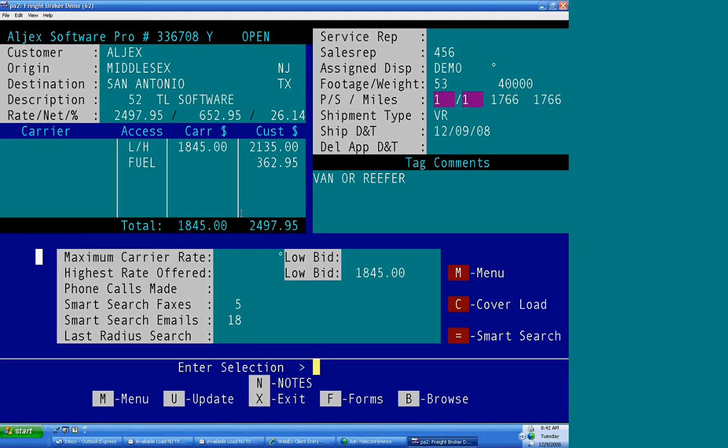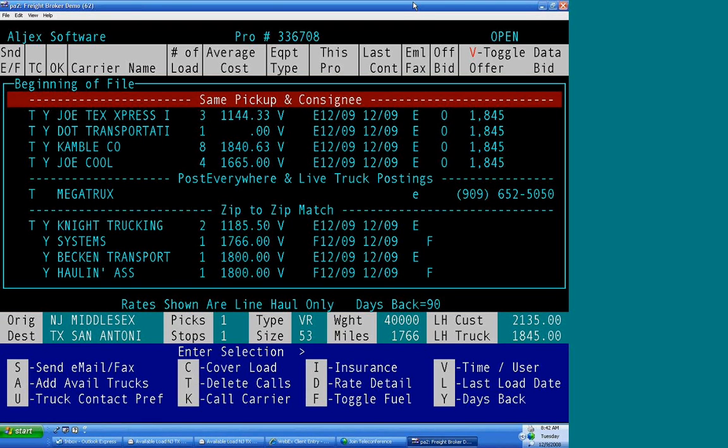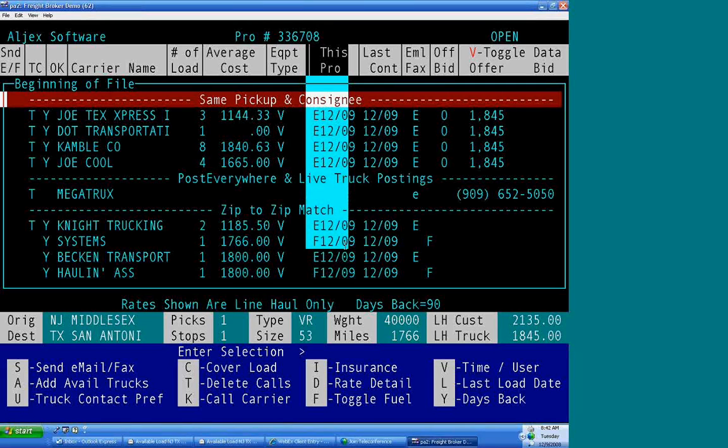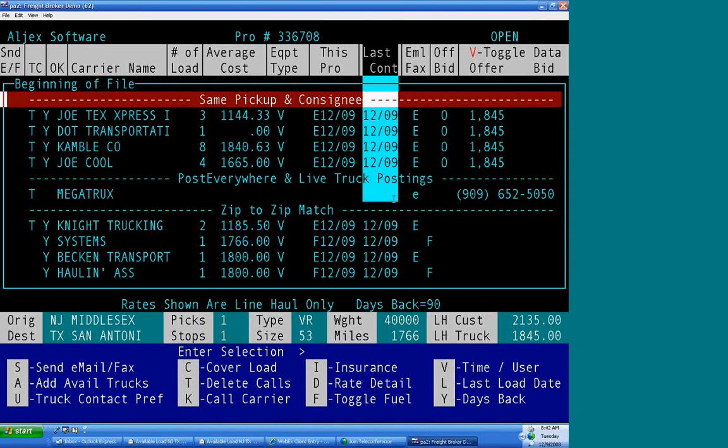So once we hit the equal sign to SmartSearch this again, the system is still going to come up with all the options for the carriers to cover the load, but there are a few new columns. The first would be the activity for this Pro. We can see that all of these carriers were emailed or faxed on 12/9, the date that we last contacted them,